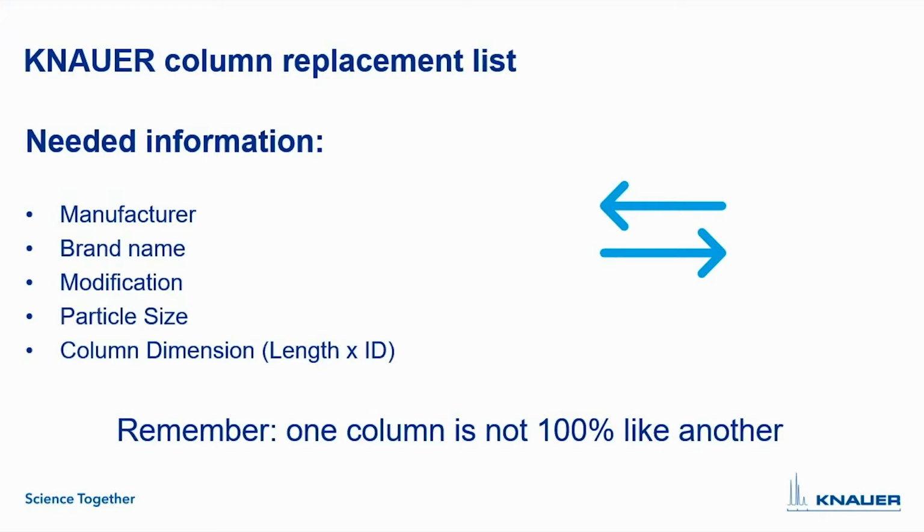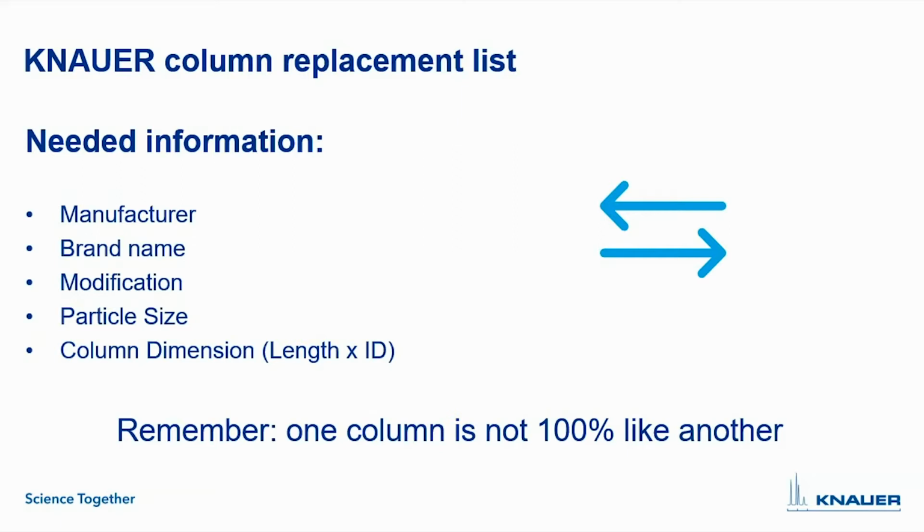So all the information that you would need to replace a column from a competitor is, of course, the manufacturer, for example, Agilent or Phenomenex, the brand name, for example, Zorbax or Luna, the modification, for example, C18 or ODS or RP8, and the particle size, for example, 5 micrometers, 3 micrometers, and also the column dimension, of course, the length and the inner diameter that is needed for this column. If you have all this information, you can replace a column if there is a corresponding one in the KNAUER